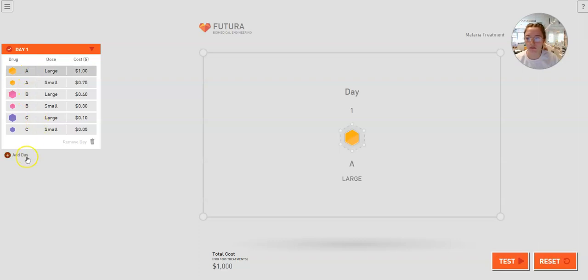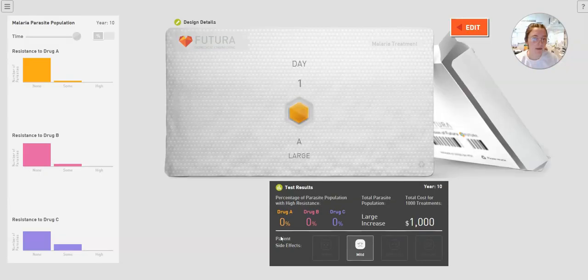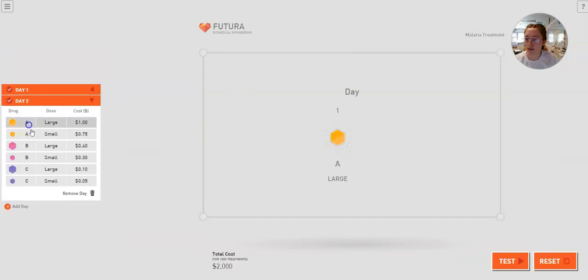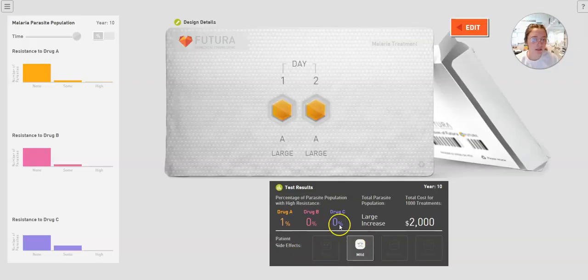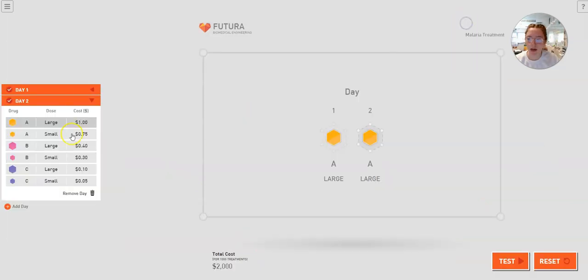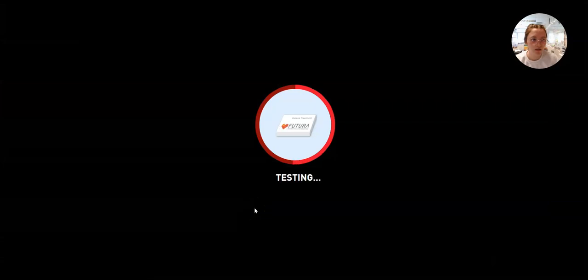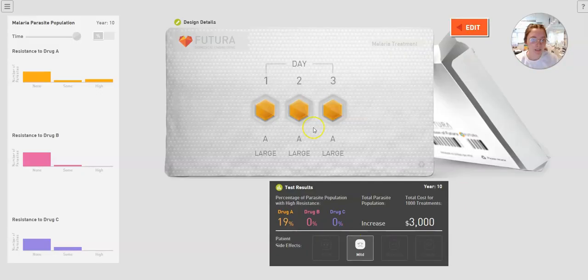So like small A, large A for 1 day. What's that look like? Run my test. Okay, great. Not wonderful. What about A for 2 days? Same drug. Test. Did it get better? What about with 3 days? Test. Did it get better? Okay, and you're writing down